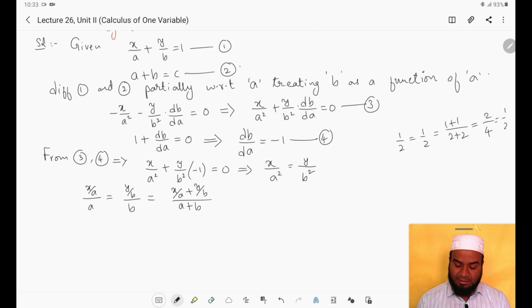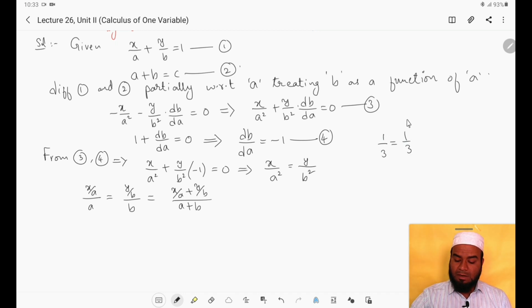So instead, let us understand like this. I'll explain this once again. Suppose I have two fractions, like 1 by 3 is equal to 1 by 3, because they are equal, no? 1 by 3 will always be equal to 1 by 3 only. Now add the numerators, that is 1 plus 1, and add the denominators 3 plus 3. Then what will happen? We get 2 by 6, which is nothing but 1 by 3 only. So what I want to say is, these are equal. When I add the numerators and denominators, I will get an equal quantity. That is what I want to say here, right? Hope you have understood this.